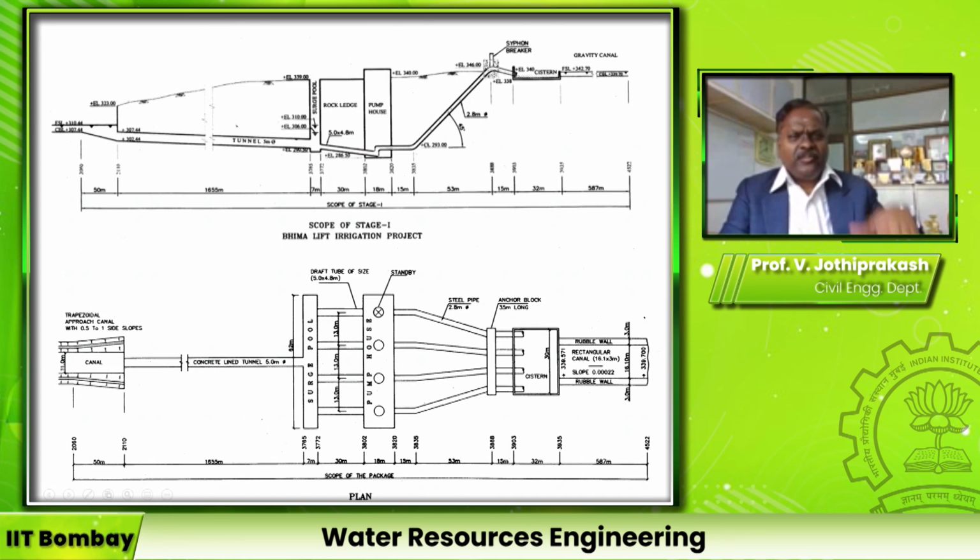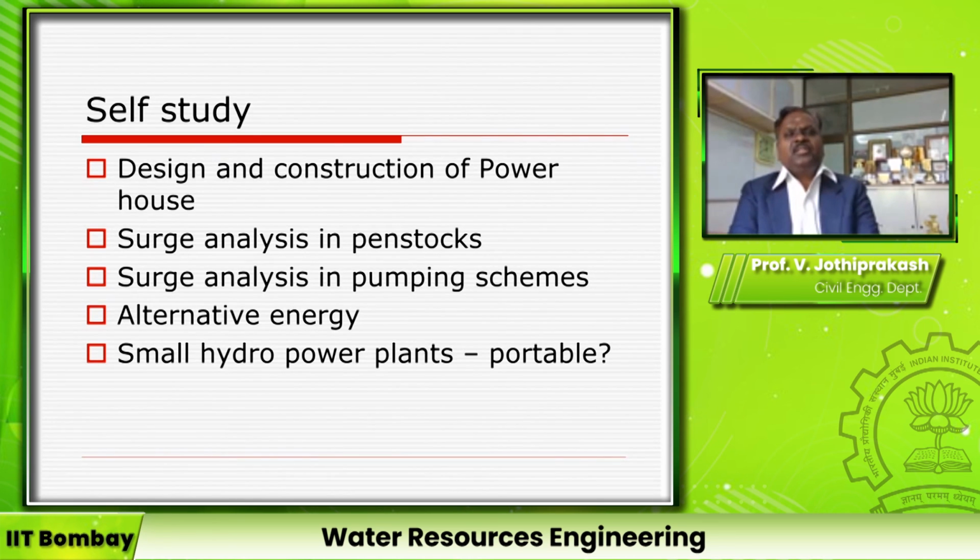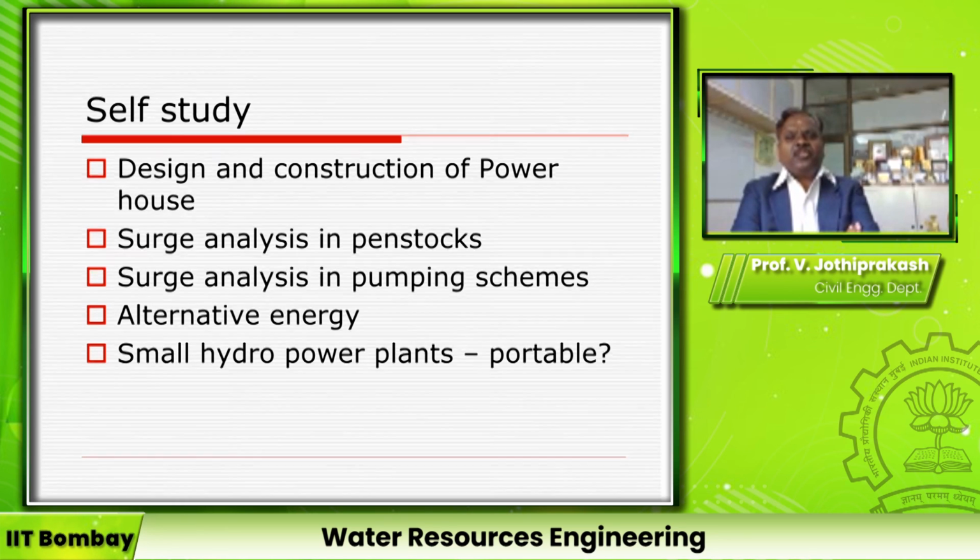And if I see it from the plan, this is a canal which brings water from the dam or from the river. Then there is a pump house. From the pump house it is pumped, right? You can see the diameter of the pipe. Then from here it goes by gravity. And all these things happen within a distance of 2. So this is about the hydroelectric power station.